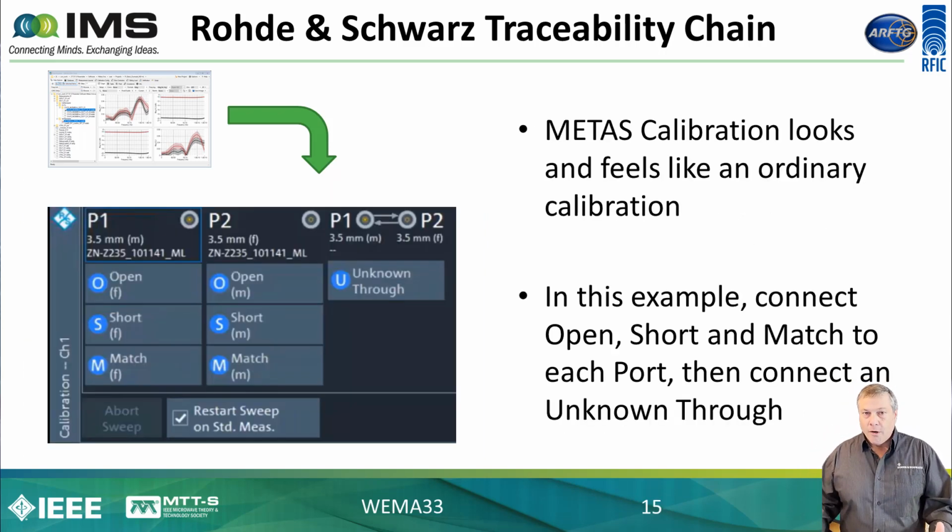The calibration for you looks the same as any other calibration. So you still simply connect the standards like open, short, and match on port 1, open, short, match on port 2, and unknown thru if you're doing the 8-error term model for a 2-port calibration. You just connect these standards like you would for any other calibration, but you just invoke a METAS calibration. You tell it that you want to propagate the uncertainties, and then that propagation happens in real time behind the scenes. You as the end user don't see any of the activity between the VNA and the METAS VNA Tools software. It just happens behind the scenes automatically, and you just see the measurement results in the end.